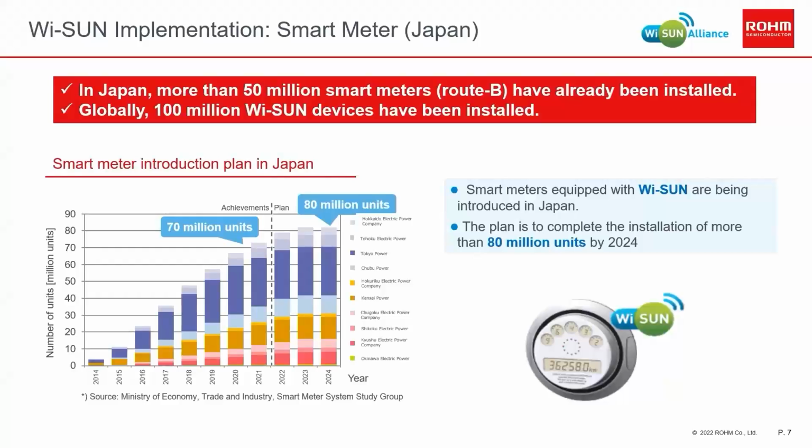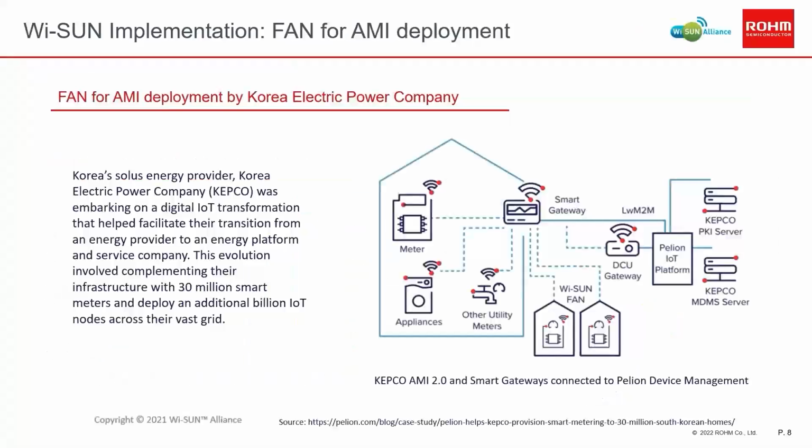To start, WISON has been installed in more than 50 million smart meters in Japan. The plan is to complete the installation of more than 80 million units by 2024. In addition, the WISON Alliance reports that more than 100 million units has been installed worldwide. Another WISON implementation also is by Korea Electric Power Company,